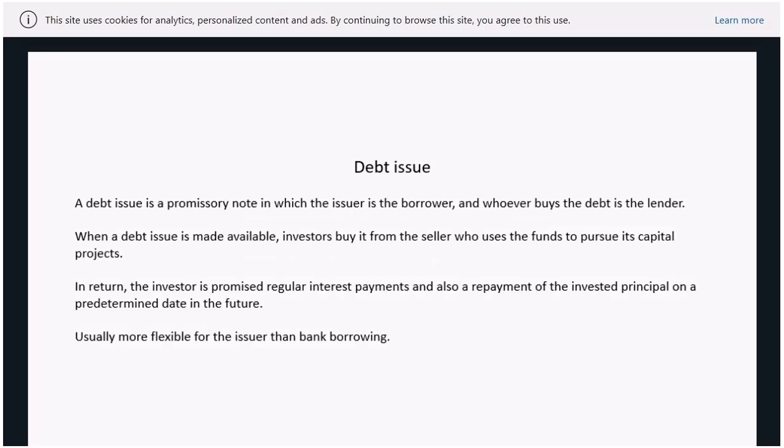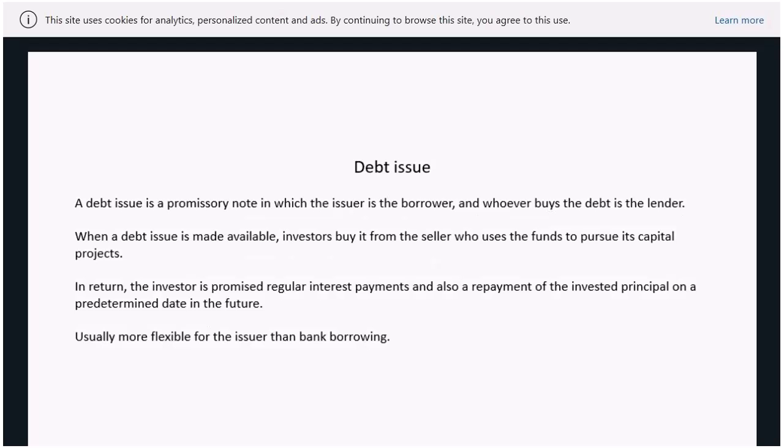So that is more flexible for the company because bank lending can be tied up in all sorts of onerous terms. So issuing debt by the company is a pretty good way of bringing free cash into the company. So the theory is that free cash motivates the managers because for some reason debt does, and I can see why that would happen, because if you've got debt hanging over your shoulders, you're going to be a bit more motivated.